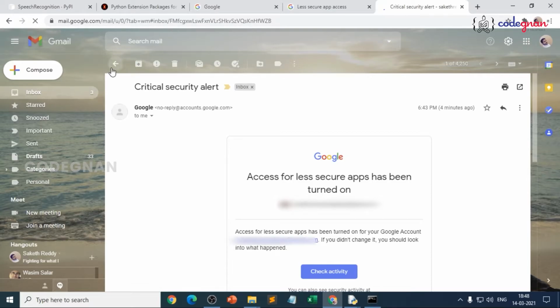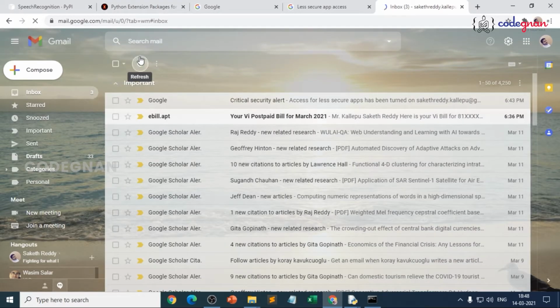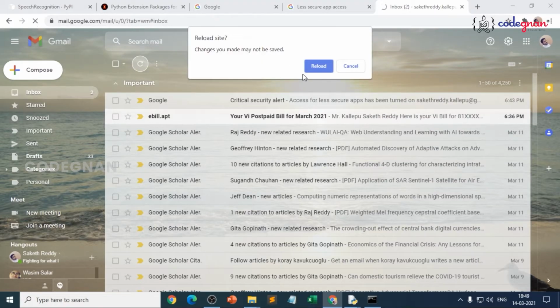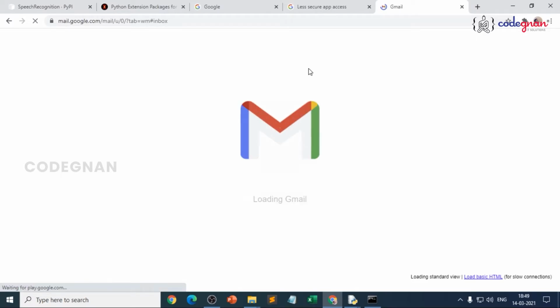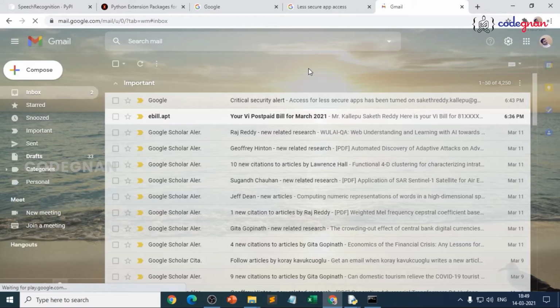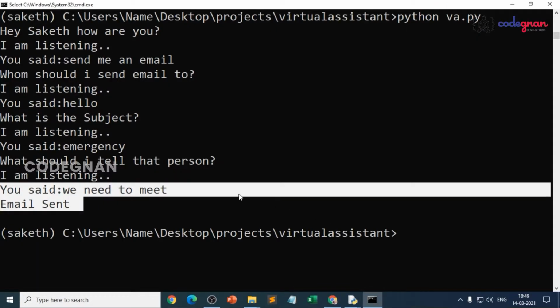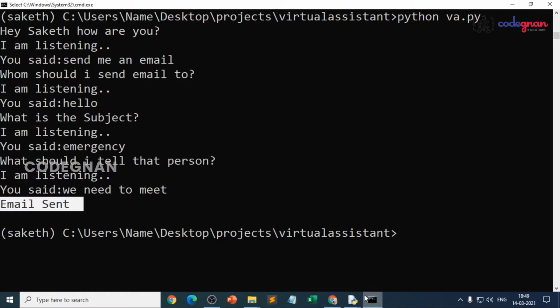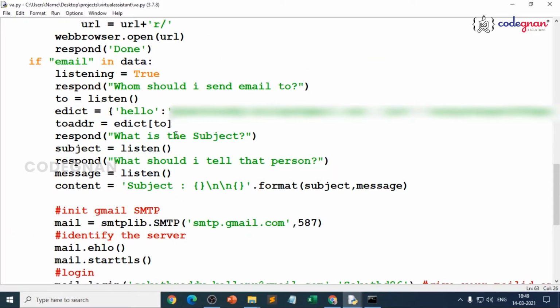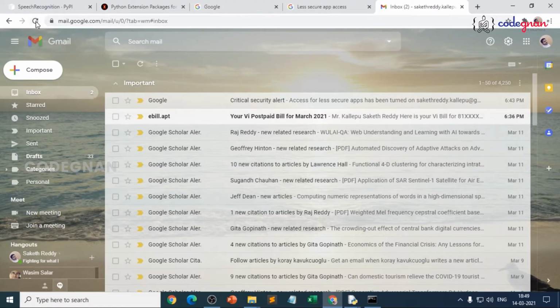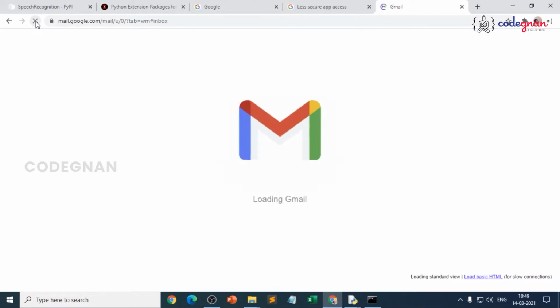And once we refresh the web page, because I just made it send an email, right? So automatically you could find the email. If you don't find it, just refresh the web page. For sure you can see that mail has been sent to the person you have given. Here it has done the email send, because I have made it to hello, because hello is nothing but the particular email ID I gave, and I'll try to show it here, because once I show it here, you can understand.